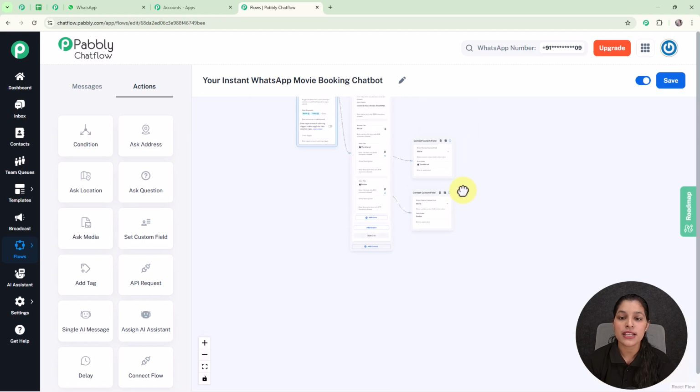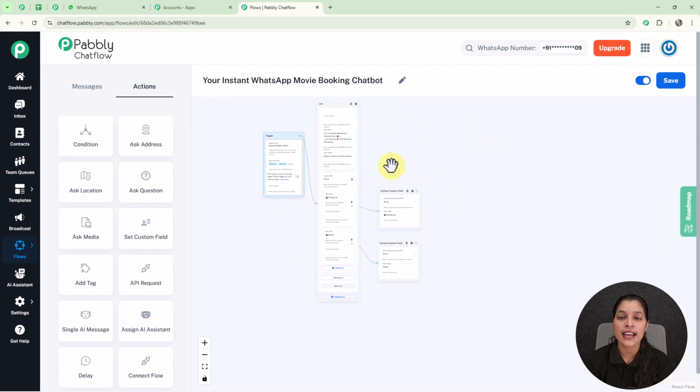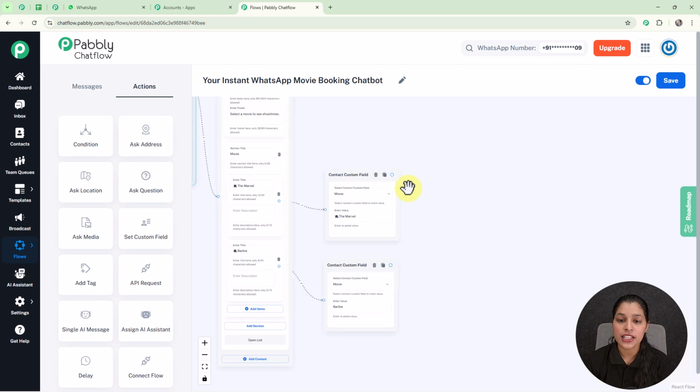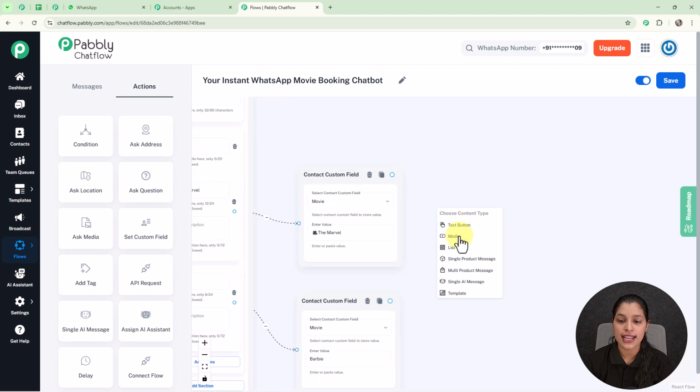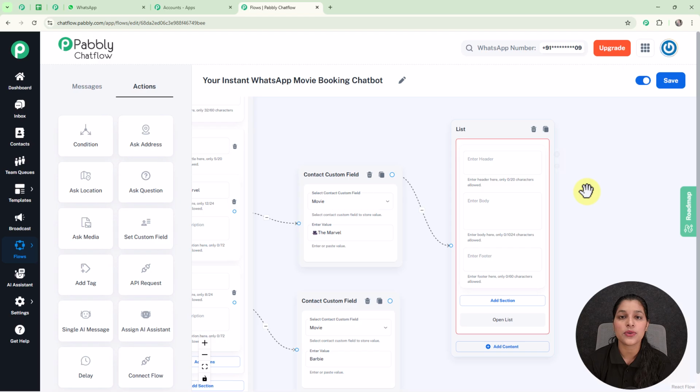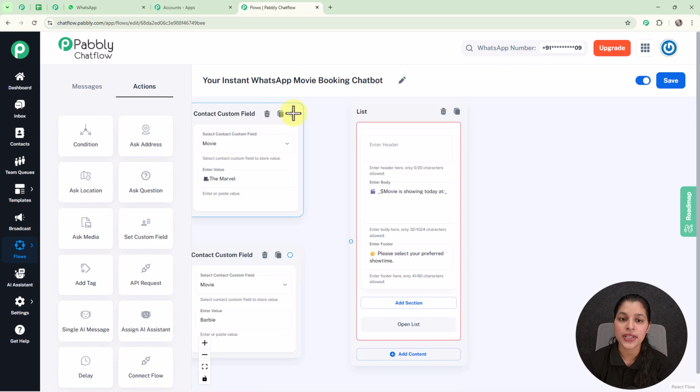Now as soon as my user selects any of these list items, after receiving the response, I am going to provide them show timing based on this movie. So for that, again you have to drag and drop and select list over here, and on this list node I am going to create the list of the movie timings or the show timings. So here you can see in this list node I have provided a body, that is $movie is showing today